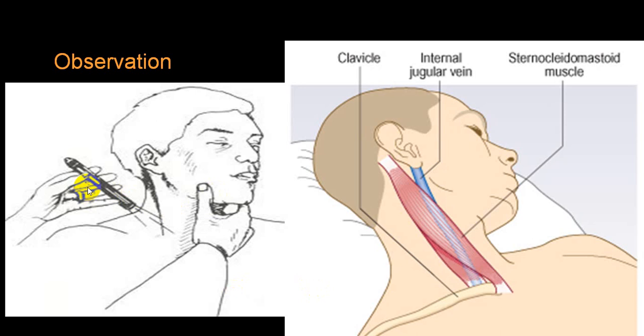Now when you throw the light, you look medial to the sternomastoid. This is the sternomastoid. This is the trachea, and medial to that is the internal jugular vein. So you will be able to see that. Now if the jugular venous pressure is elevated, then only you will be able to see the internal jugular vein very clearly. But by and large, the major portion of the internal jugular vein is behind the sternomastoid. So it becomes extremely difficult to identify.